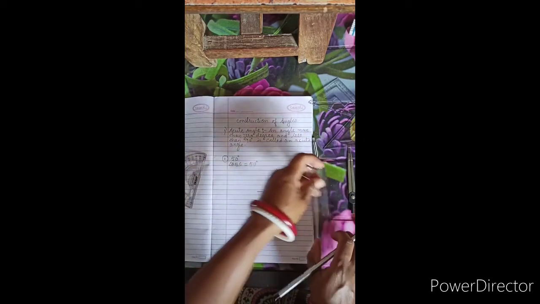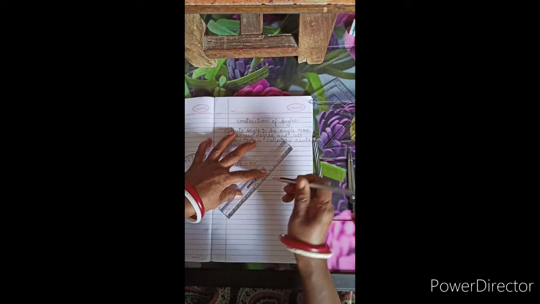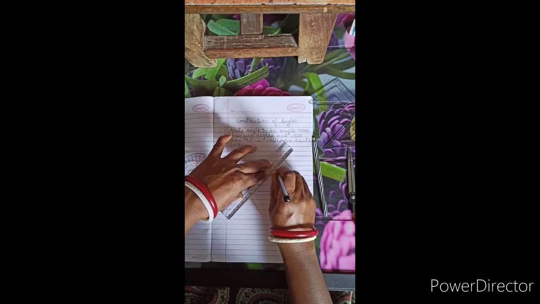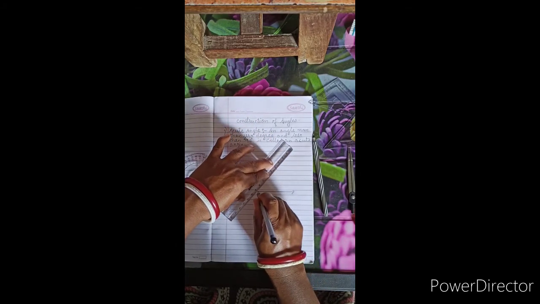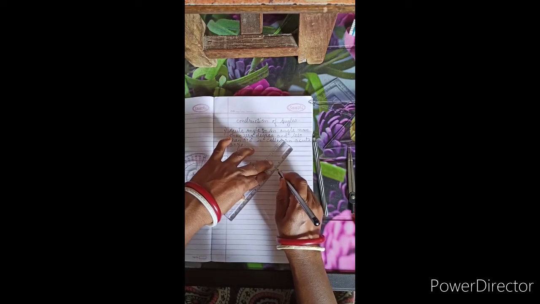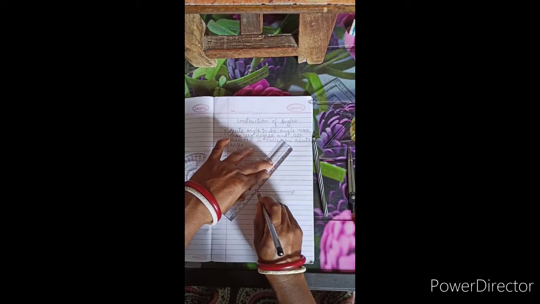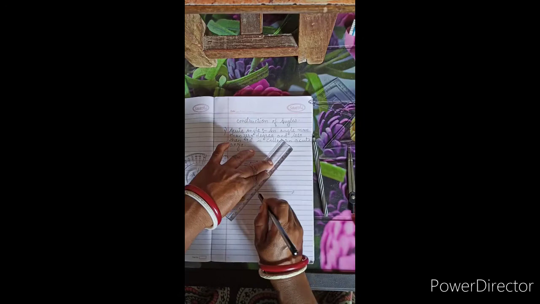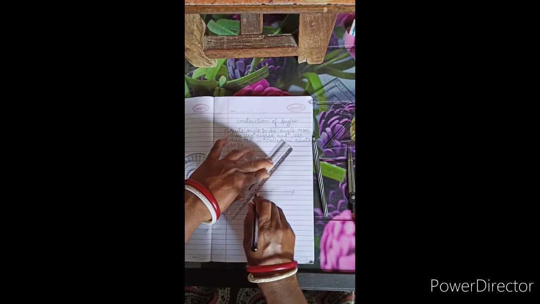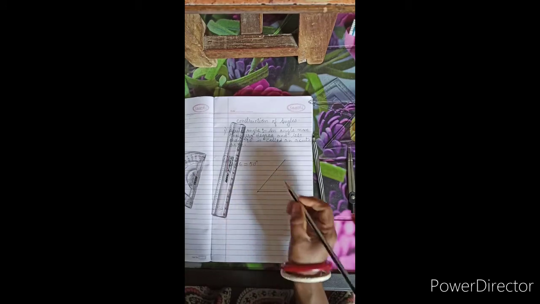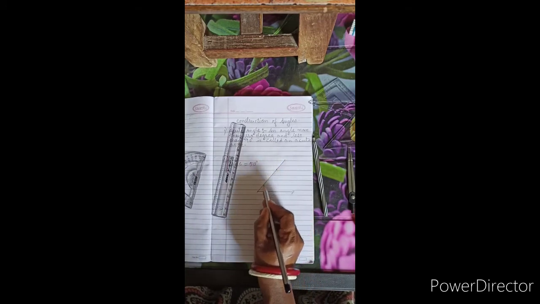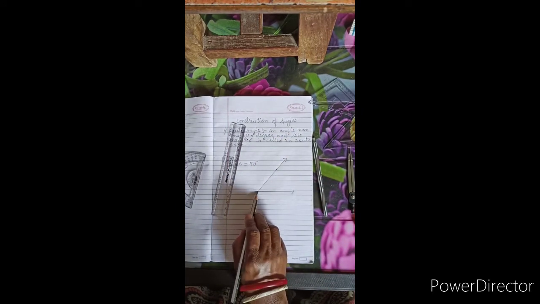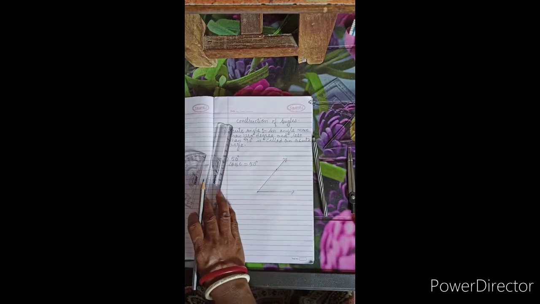Now after putting the point, with the help of the scale, keep your pencil point on this point and touch the scale. Then again come to the other point, keep the pencil and touch the scale. See that the pencil is touching the scale at both points. Adjust the scale in that manner and then draw the line. You can see the ray passes through both points. Mark here the point of origin of the two rays forming the angle.